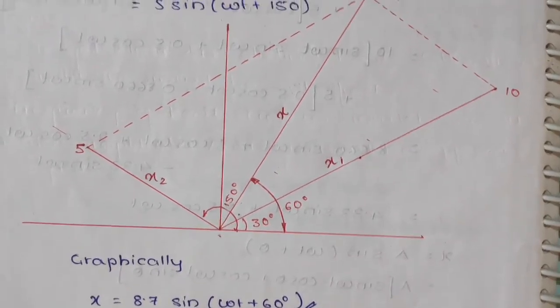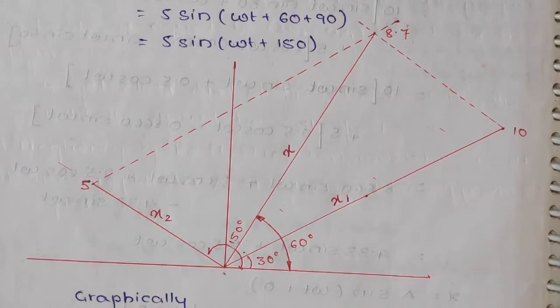So friends, this is all for this lecture today. In the next lecture we will start with the phenomenon of beats. Here we have seen adding of SHMs when the angles are given in radians and when the angles are given in degrees. If you have understood the explanation, well and good.